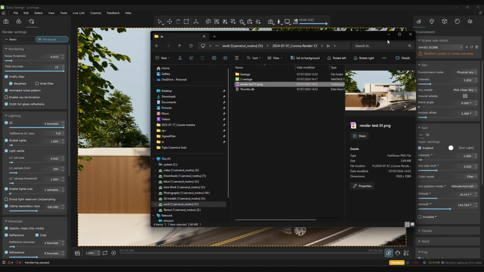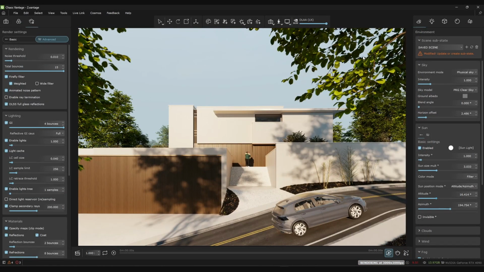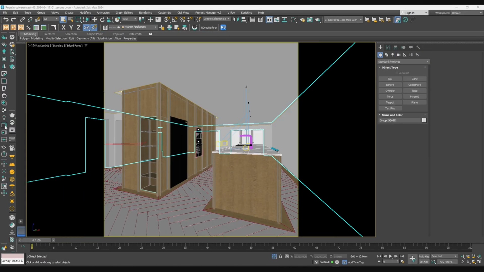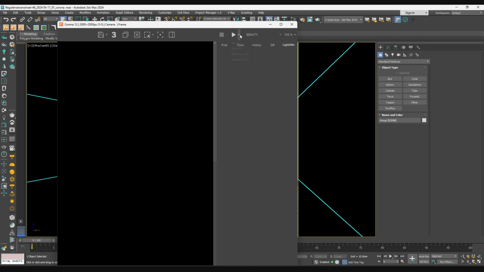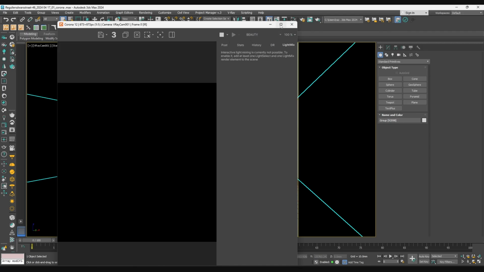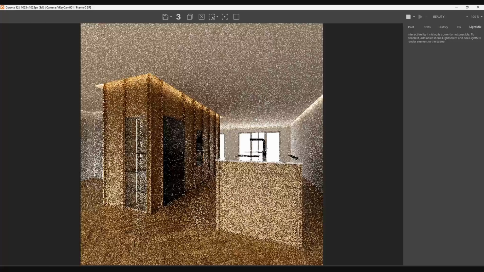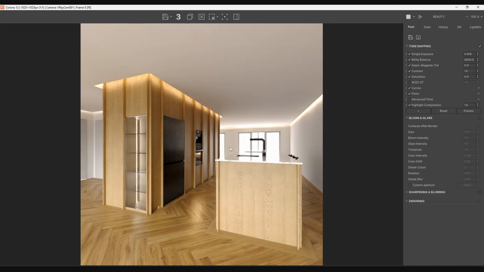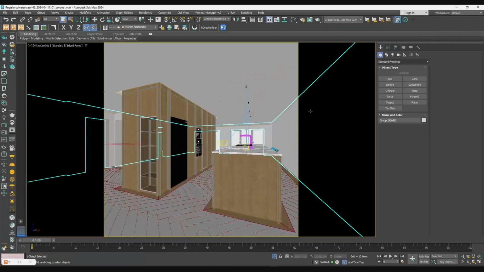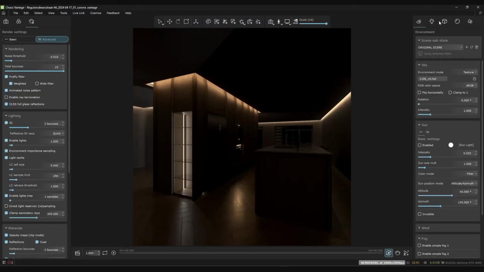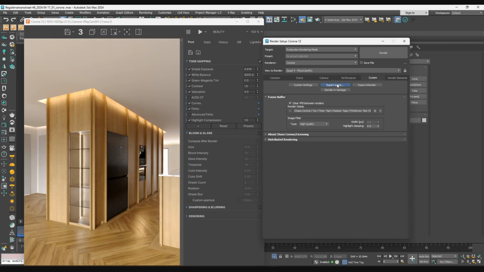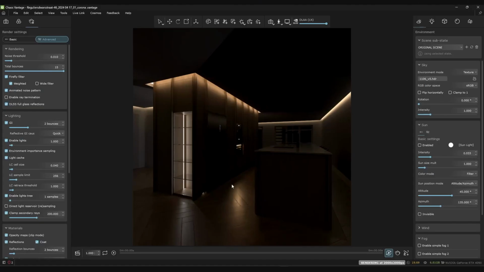But if I'm going to open a scene, an interior scene, for example, I have in here. So for example, if we open this scene that was created in Corona Render, and you can see the quality of this scene, which is looking like this, and we would like to have something similar in Chaos Vantage. So open this, save it, and open it. So we're just gonna go and just stop this and go to the system, export this scene, save, open this in Chaos